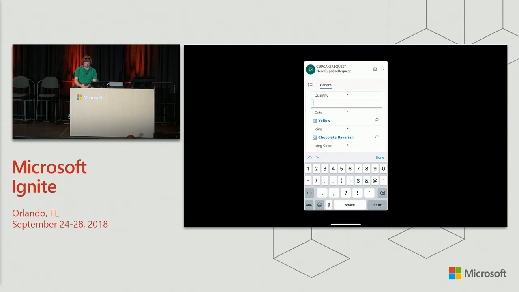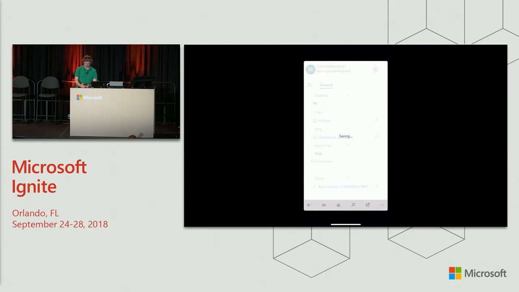So that wasn't divisible by 6. We need a value that is divisible by 6. Let's just go with 96. I'll save. You'll see why we got that error here in a moment. And so we have a cupcake request, but don't get too excited, guys. There aren't going to be any cupcakes. We spent all the budget on that first slide with all the dots flying around,